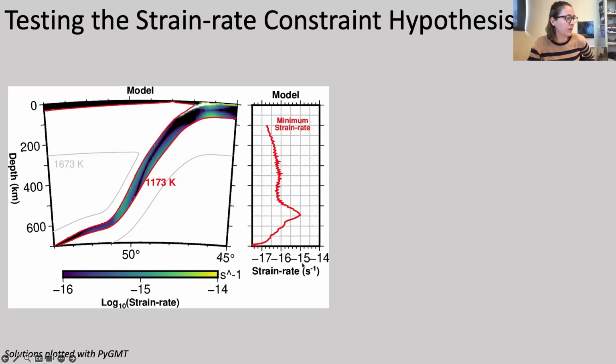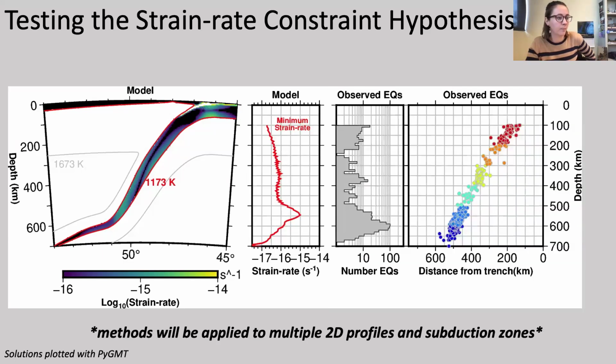So what you're seeing here is the strain rate within that temperature contour plotted as a function of depth. And then we can compare, and since these were specific location models, we can compare with the earthquakes for that specific profile as well. And so what you're seeing is the observed earthquakes for that same profile across Kermadec Tonga. The earthquakes are colored by depth. And then this is again one of the histograms where we're plotting the number of earthquakes as a function of depth. And so this is to demonstrate the workflow and approach of how to use this.